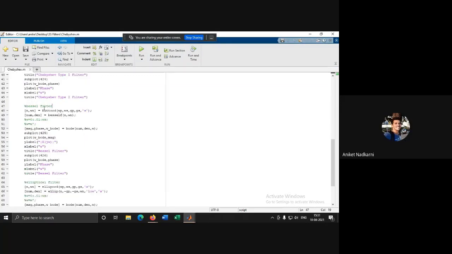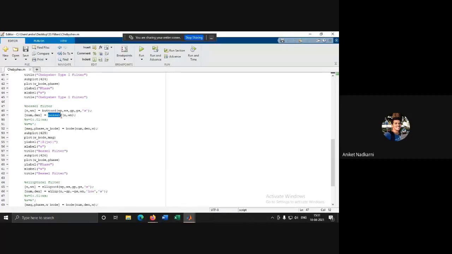Now we continue on to the Bessel filters. As you can see, we get n, the order, and omega n, the cutoff frequency, by inserting the values of pass band, stop band, gain for pass band and gain for stop band into the Butterworth order function. We use this here because Bessel and Butterworth are nearly similar, hence their order turns out to be the same. Coincidentally, there is no other equation to get the order of a Bessel filter directly.